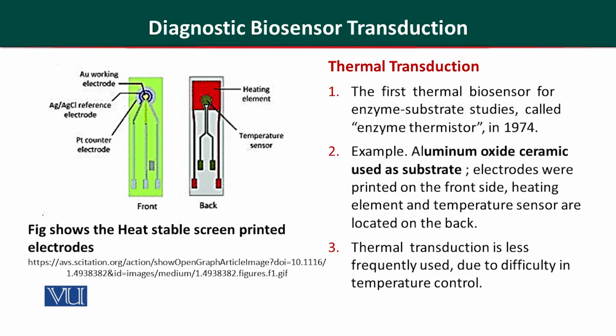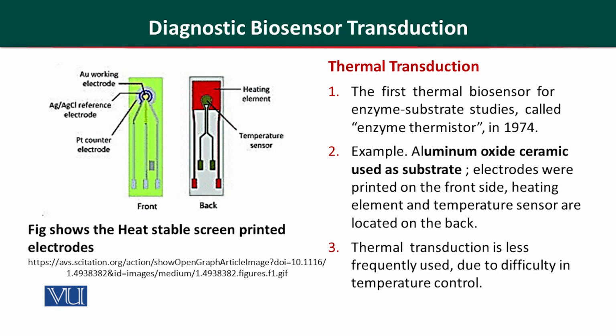The other technique used in the early days of biosensor development is thermal transduction. This transduction is based on the calorimetric principle, in which you determine the temperature difference before and after the biorecognition process. These types of thermal transduction biosensors are called enzyme thermistors, and the first thermistor was reported